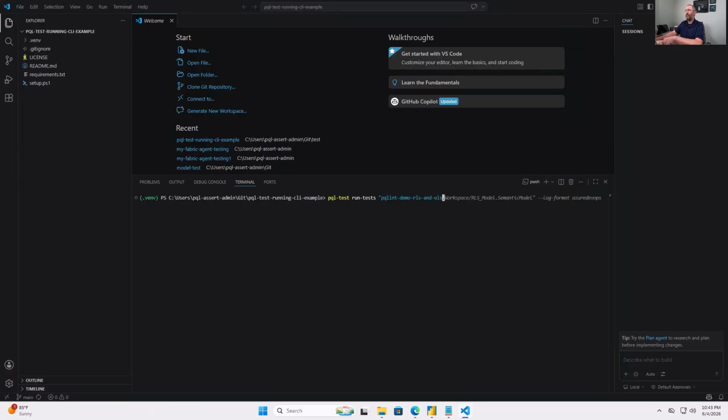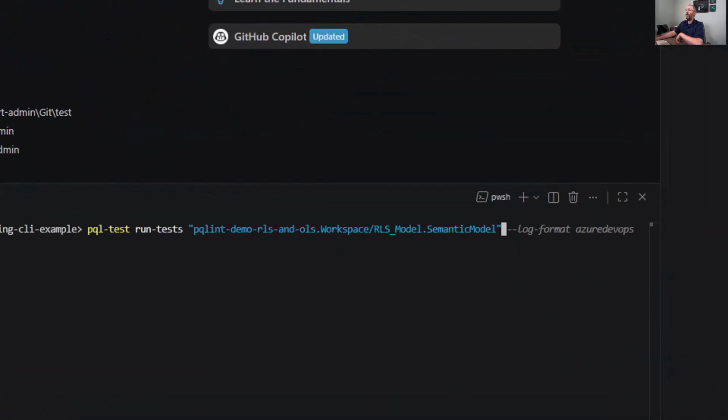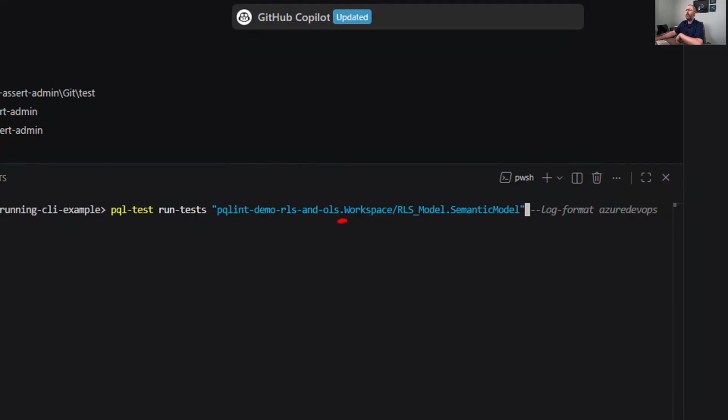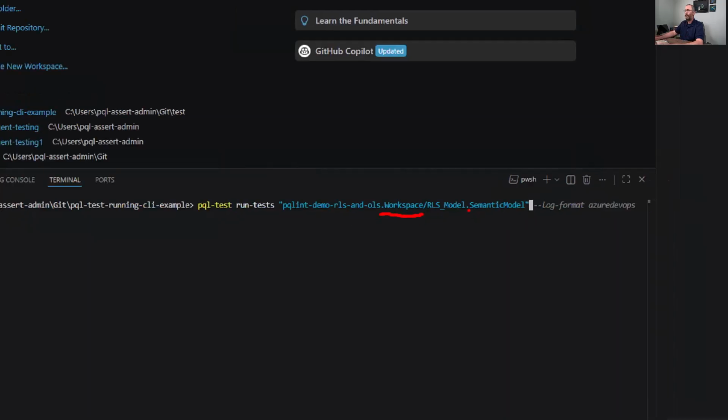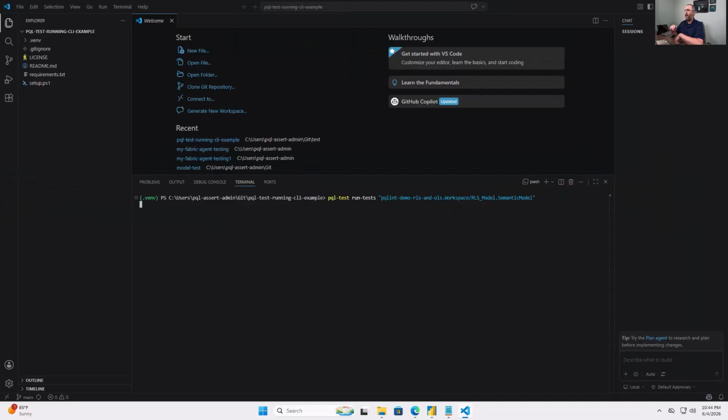I'm going to copy that. And I already have this laid out in my history, but we followed the Fabric CLI format here. So we'll put the name of the workspace, slash, the name of the model, .semantic model. So this follows in line with, as much as possible, how the naming conventions were for the model path conventions in the Fabric CLI. So now if I run it,